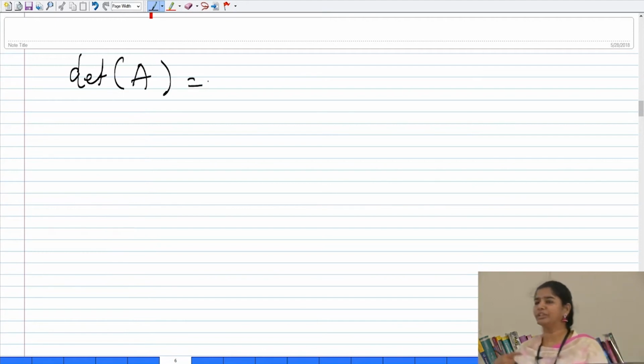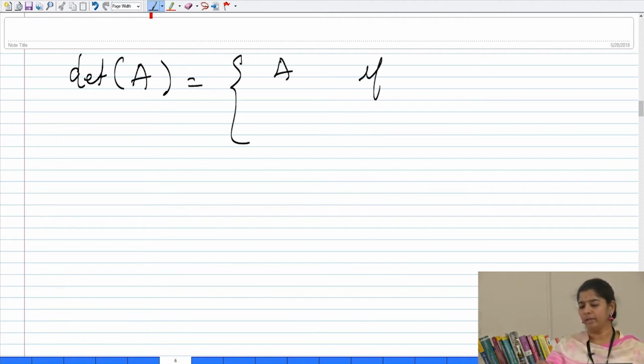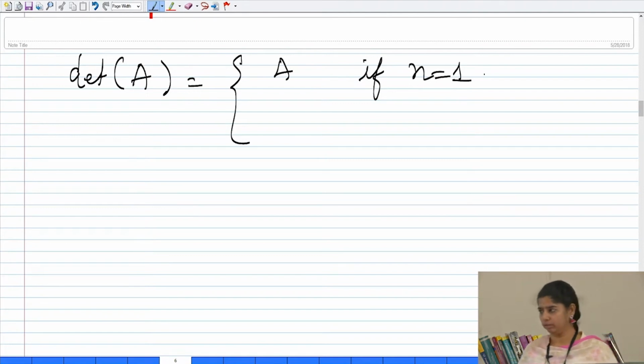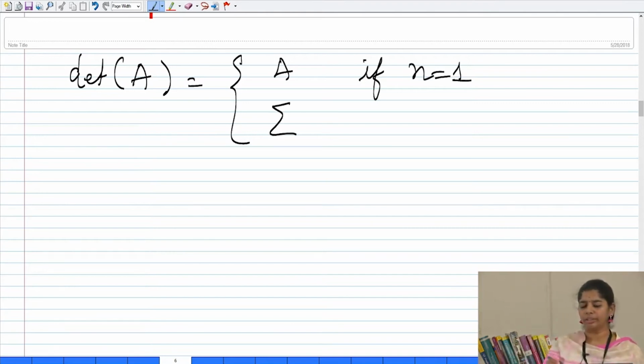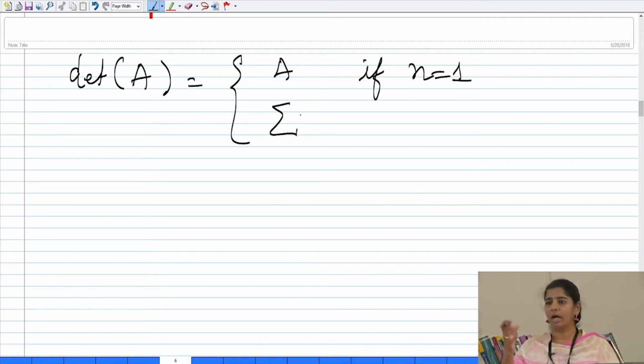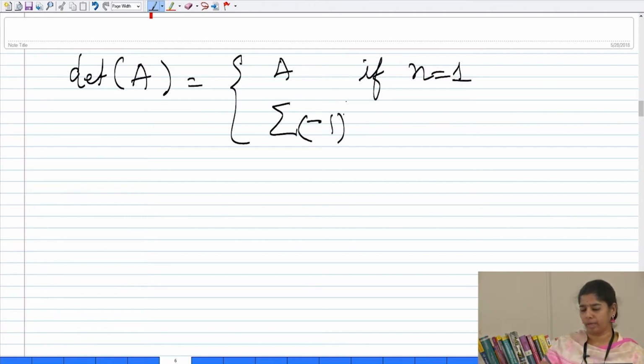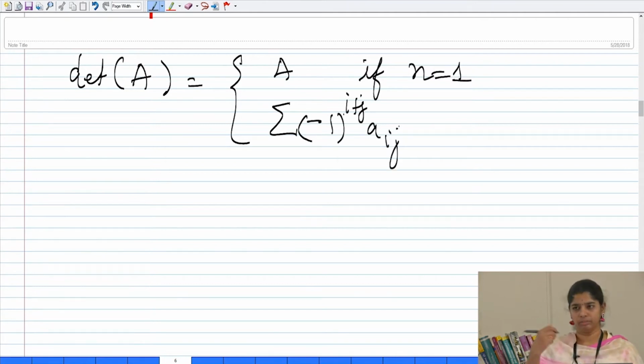Determinant also has a new definition using principal minors, as this would be nothing but A if your order is equal to 1. If you have just one entry, A11 alone exists, so the determinant is going to be A11, or the matrix A itself. This is the standard definition that you have read, in terms of how you started finding determinants in your school days. Take the first entry, leave out the first row and first column and look at the submatrix of that, and the same way here we can write it as (-1)^(i+j) times the aij entry. You look at the aij entry and multiply it with the